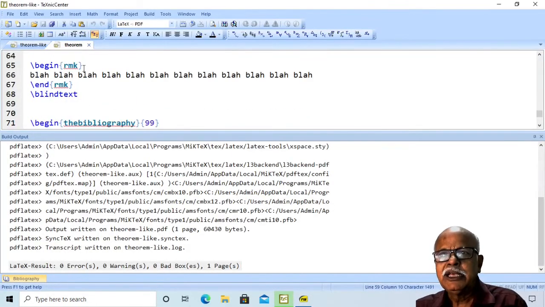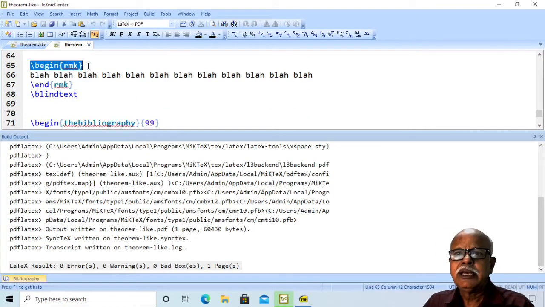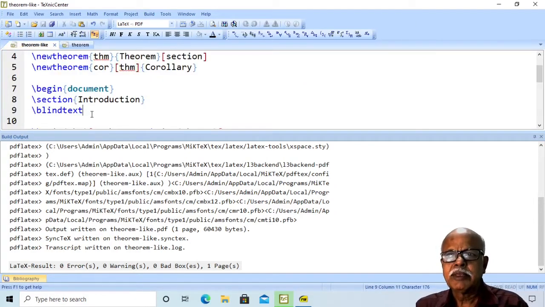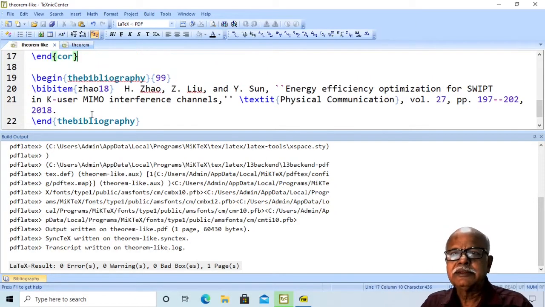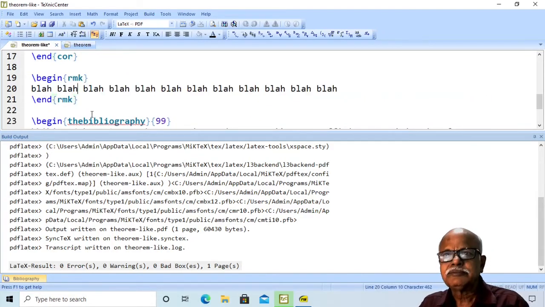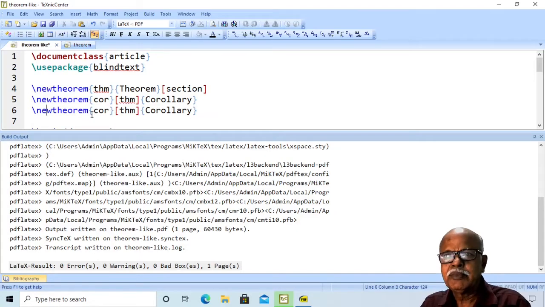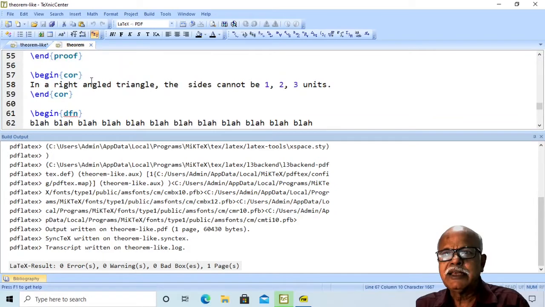It will appear as Corollary 1.2, etc. Similarly, suppose you have remark. Again, here we have to say newtheorem remark and then Remark. And also, let us say we have got definition.